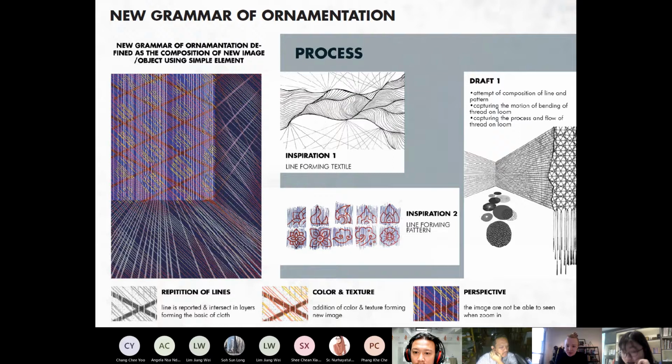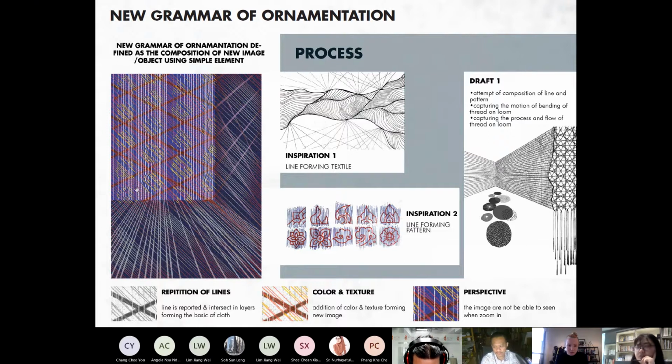So I'm exploring it from textile. I saw the beauty of lines forming texture, where every line intersects each other and forms a kind of image, and the lines also form a new kind of pattern. I made my first draft attempting a composition of line and pattern, capturing the motion of the bending of the loom, which is one of the processes of making textiles. In the end I have my abstract art, which is this one at the left side.